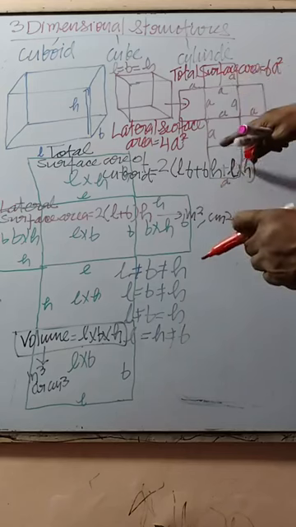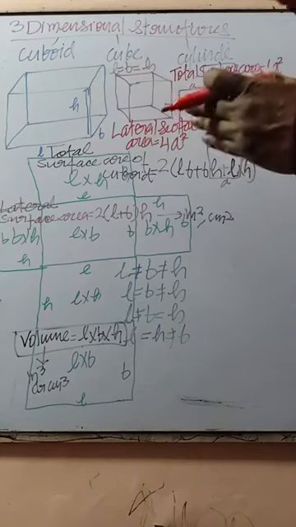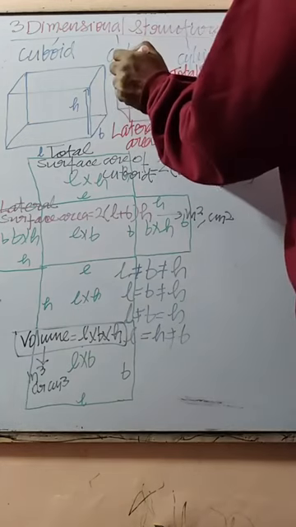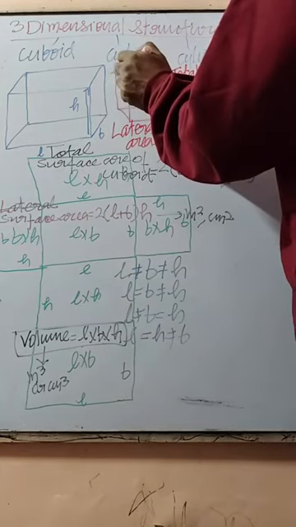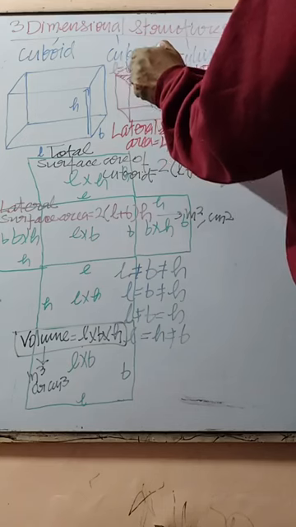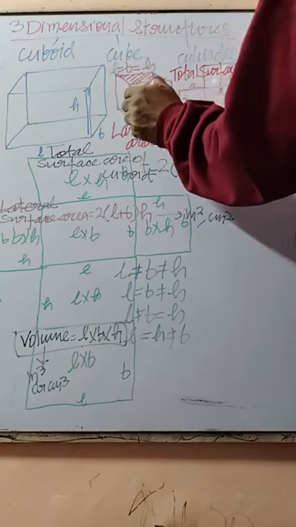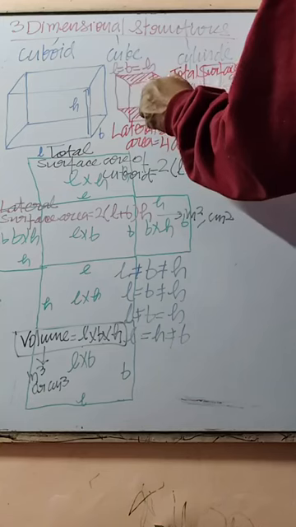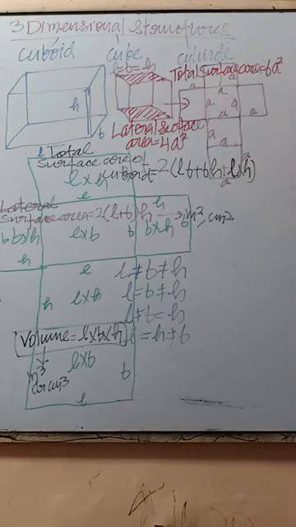Lateral surface में always length into breadth, upper side को हटा दिया जाता है, okay, right? मतलब जैसे ये रूफ है, तो इस वाले को हटा देंगे, राइट, और इस वाले को हटा देंगे, इनको हटा देंगे. So what we get, that is lateral surface area. And lateral surface area is 4a square, right? Yes, sir.